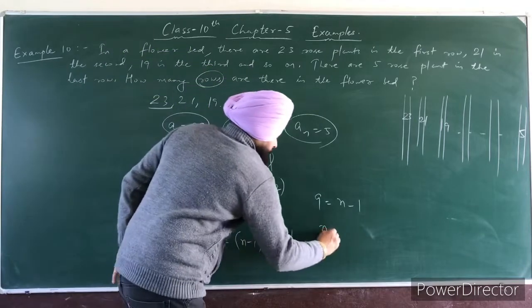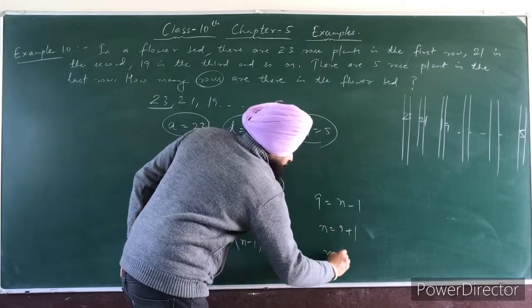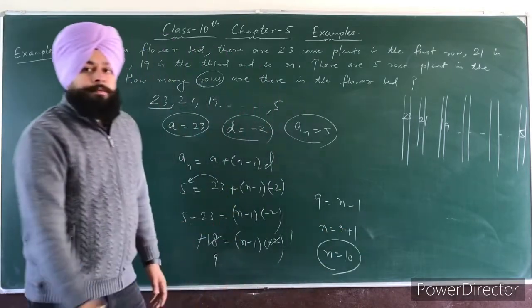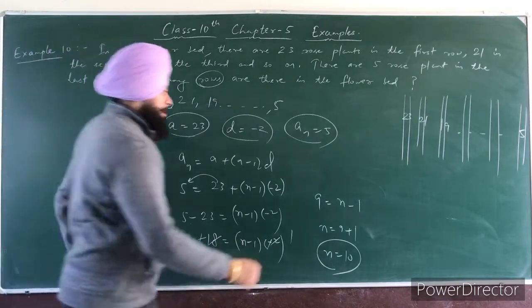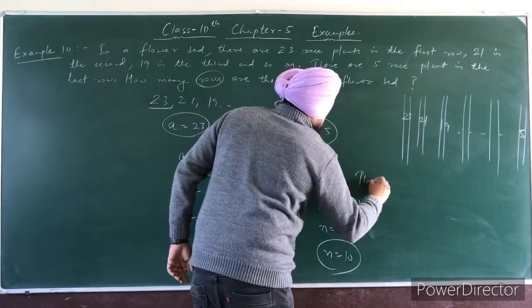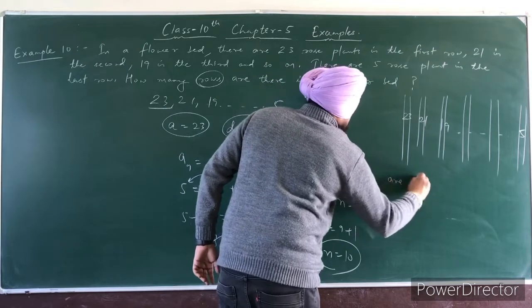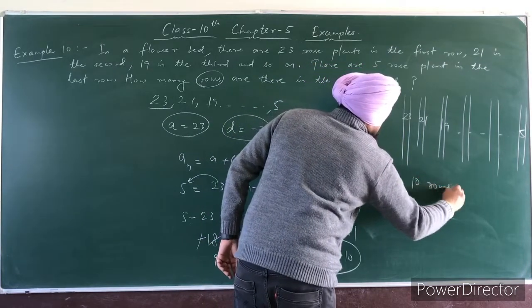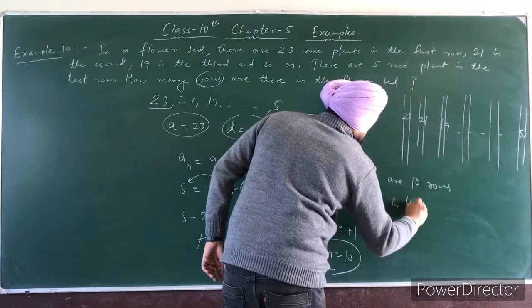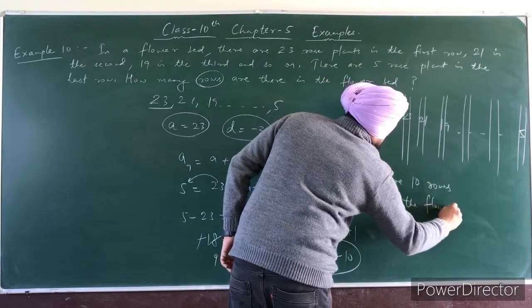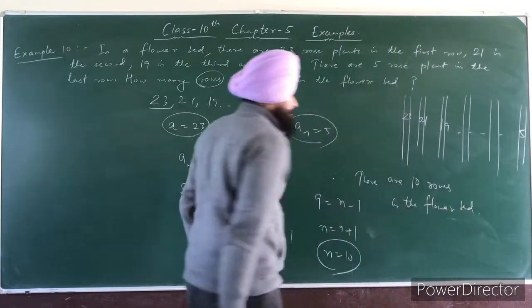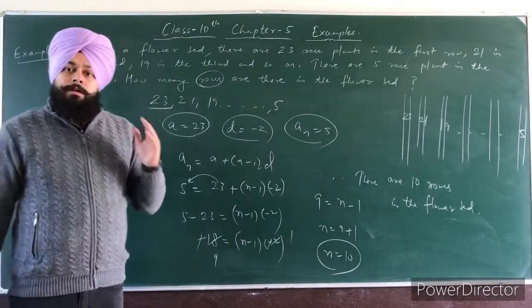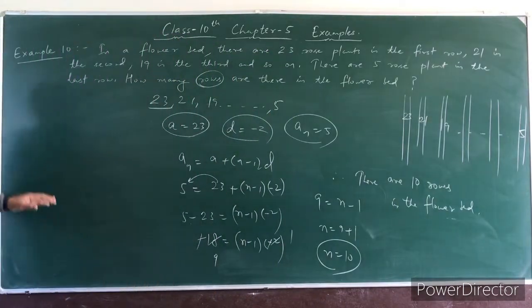So n is equal to 9 plus 1, which is equal to 10. So it means there are total 10 rows in the flower bed. मतलब टोटल कितने रोज होंगे? 10 रोज होंगे. ठीक है. So this is the example of